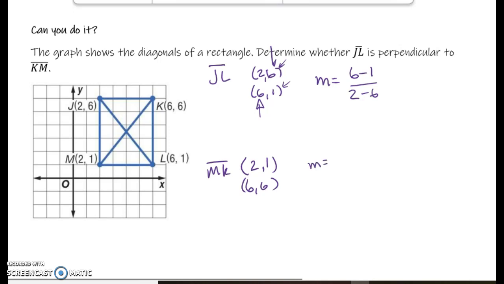Okay, the slope of the other one, so I called this my point 1, this one my point 2. So that means this is x1, y1, x2, y2. So it'll be 6 minus 1